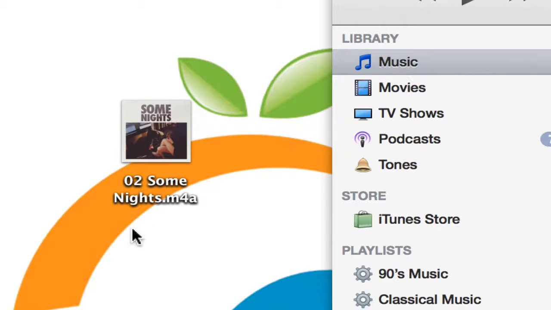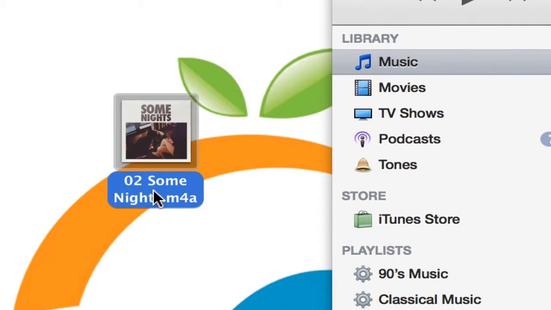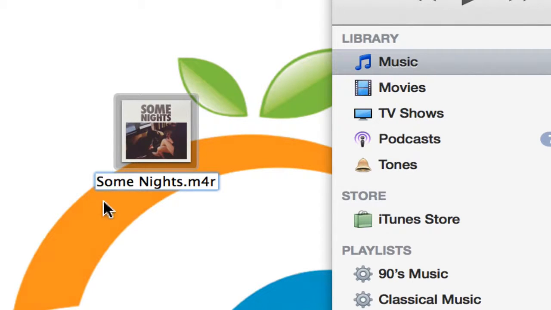So right now, I'm not on the file. I click on it, it's highlighted. I click again, and see how the text there turns light blue? Anytime text is light blue, you can change it. So I'm just going to rename this file M4R. Oops, sorry, R. It doesn't matter the name of the track. I'll get rid of that 02 just to keep it simple. So it's now called